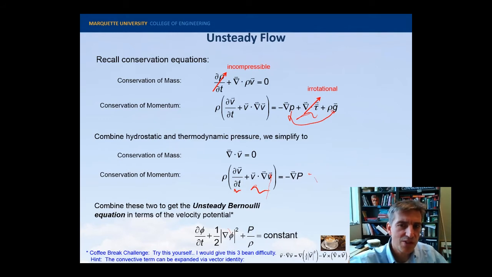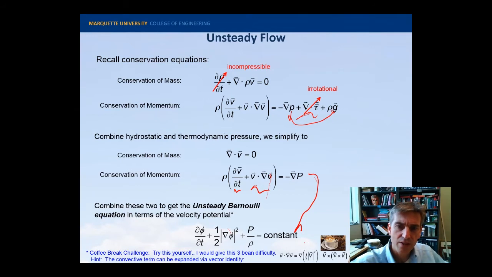And it's no small feat to go from this equation to that equation, and I think I'll leave it to you to try your hand at this. You can find the solution to this in various textbooks and whatnot, but it is interesting to have a go at it yourself. I would give this a 3-bean difficulty, meaning if this is a coffee break, you're going to need some coffee to do this. I'll give you a hint, and that is there is a lot of vector identity. So the trick to doing this is you have to crack this convective term open using some vector identities, and